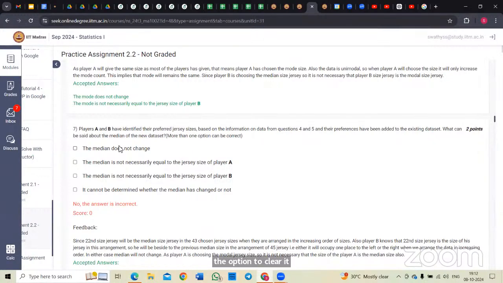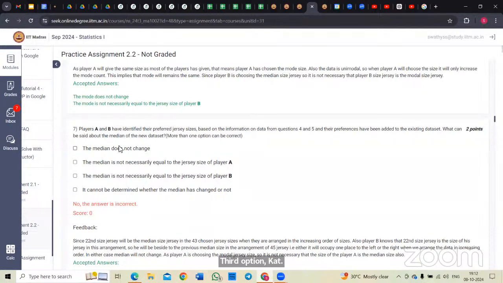हाँ, मीडियन तो चेंज नहीं होगा क्योंकि उसके ऑर्डर में तो वैसा ही है। हाँ, करेक्ट। फिर हमारा सेकंड ऑप्शन, द मीडियन इज नॉट नेसेसरली इक्वल टू द जर्सी साइज ऑफ प्लेयर ए। करेक्ट। प्लेयर ए मोड चूज करता है, और मीडियन और मोड का हमेशा इक्वल होना जरूरी नहीं है, ठीक है।